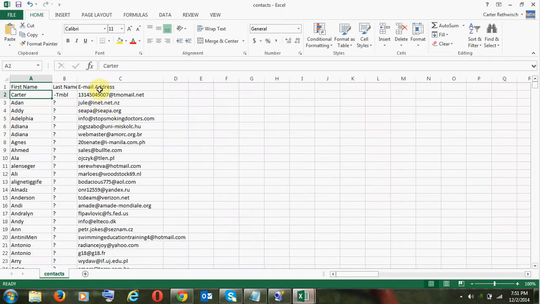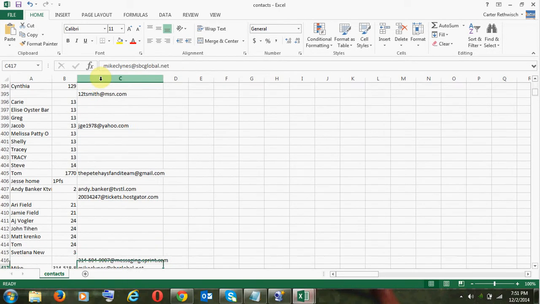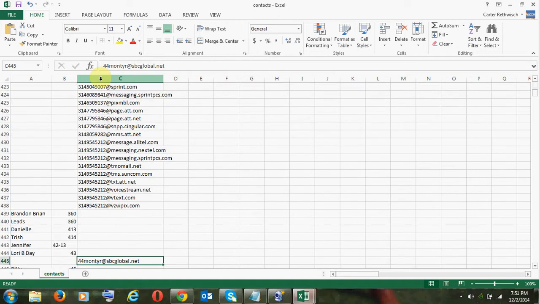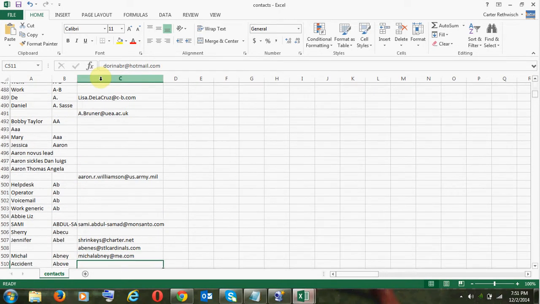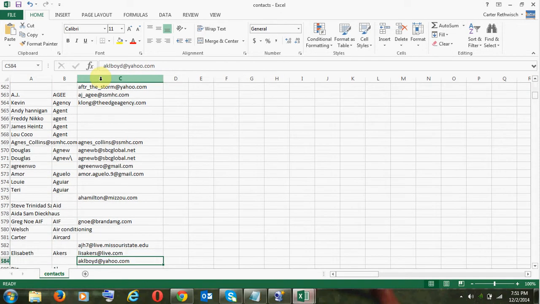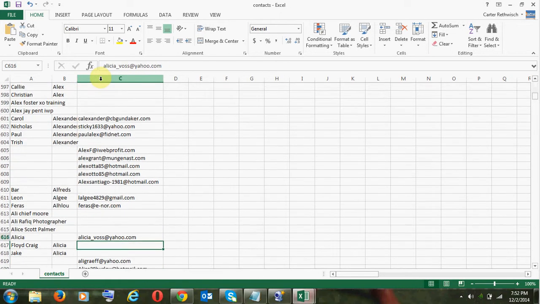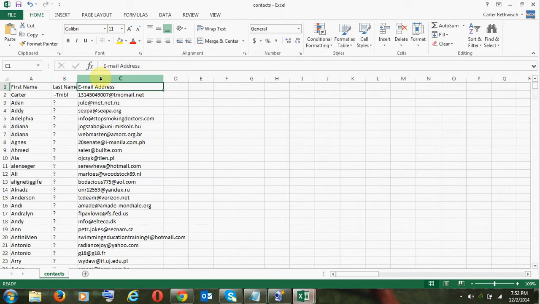Now before I do that, actually something we've got to do now, we've got to make sure that these people all have email addresses. You can see there's gaps here where they don't have email addresses. So a lot of times there's last names here that don't even make sense. So we might decide to delete those. But I can't go ahead and import a name without an email address attached to it. So what you do is you sort the column right here. You sort the column,